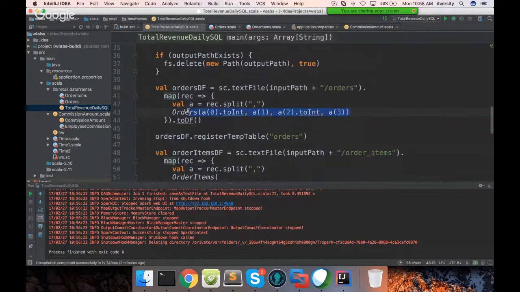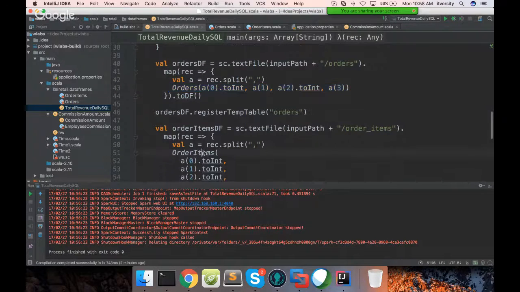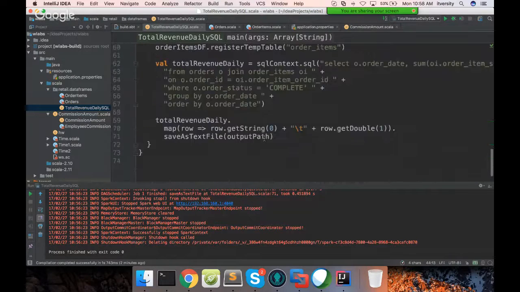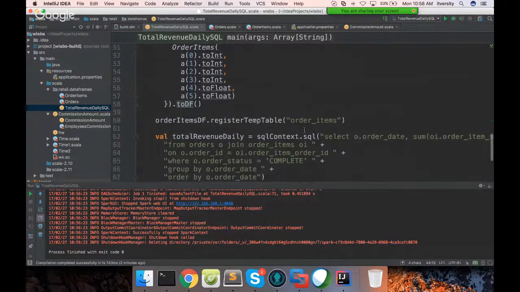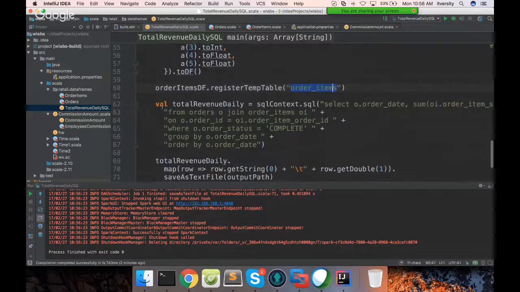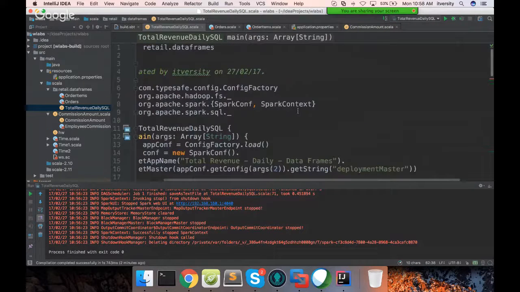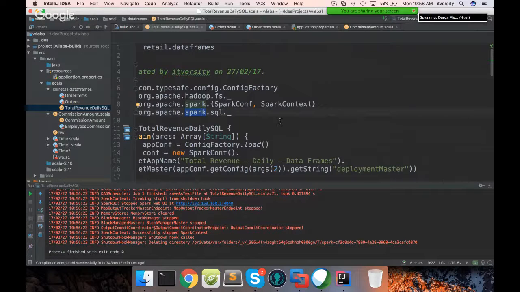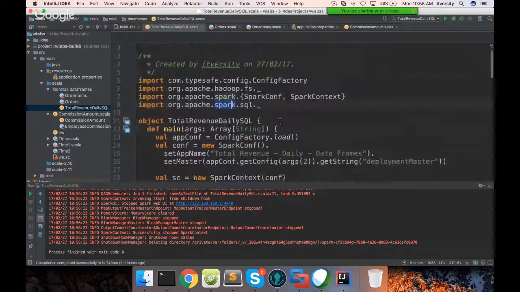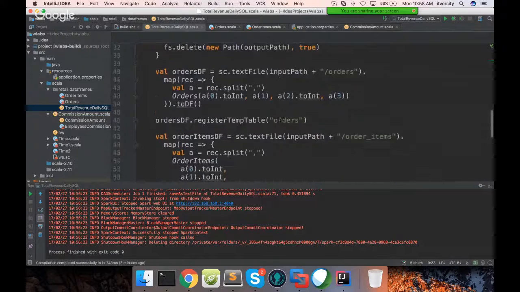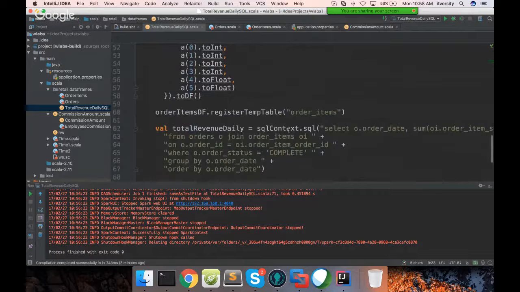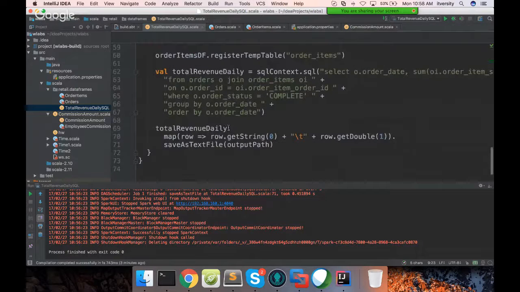Using the case classes, orders and order items, we have created data frames, and we applied the toDF function also. Then we registered both orders and order items, and then we just ran sqlContext.sql. Here the data type of sqlContext is org.apache.spark.sql.SQLContext. Once the query is run against these temporary tables, the output will be nothing but a